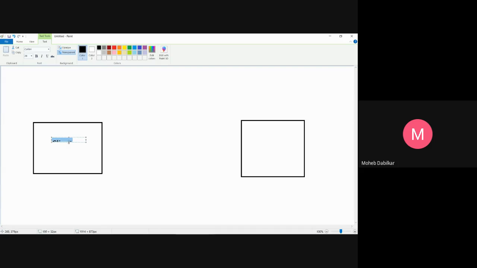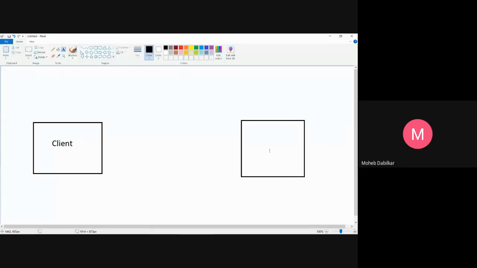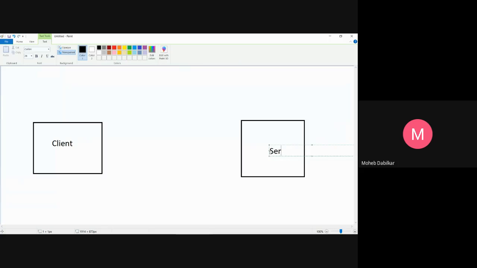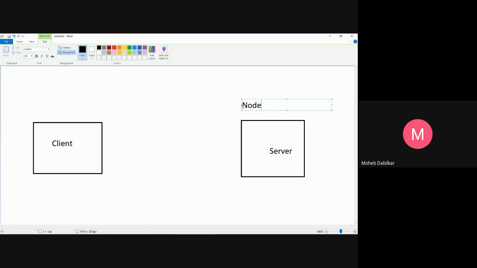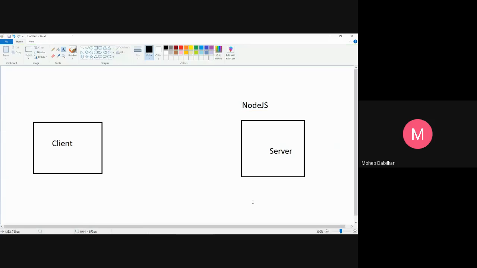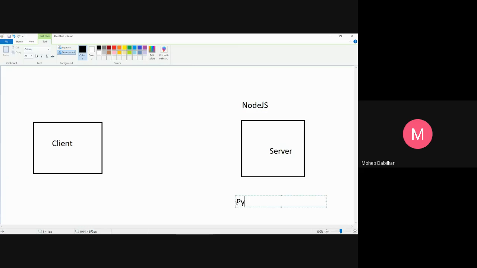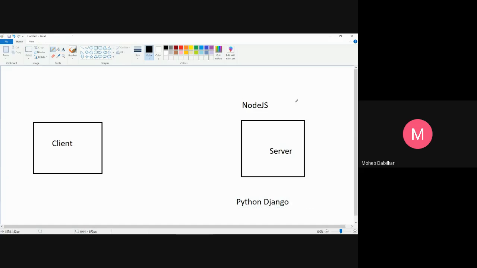So this is your client and this is your server. So what happens here is your server can be anything, as I told you guys. We are currently developing in Node.js. Then you have servers in Python, that is Django, and there are many more like Ruby on Rails and all. So these are some servers. So this is one thing.